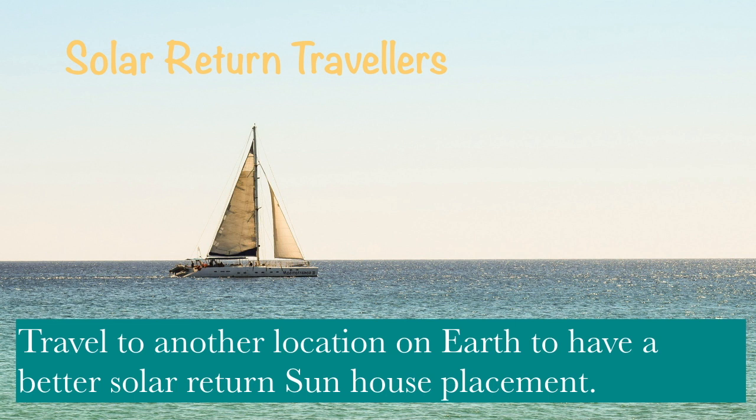But the point is that if you decide that you want your next solar return sun to fall in your 10th house, what you can do is calculate a chart perhaps for Tokyo, perhaps for London, perhaps for New York, and see which city you will have a 10th house solar return sun, and decide to take a vacation there over your birthday, during the time when the sun actually matches back to its natal position,